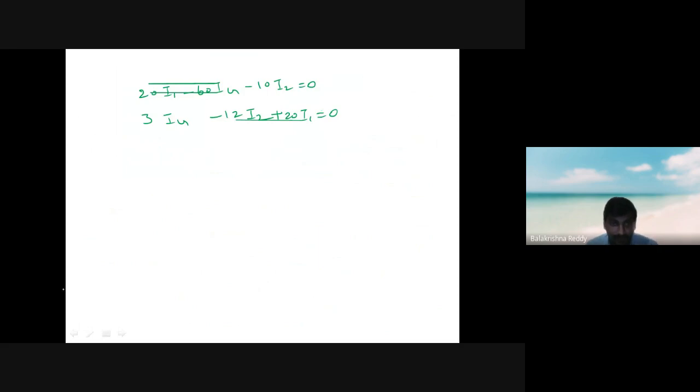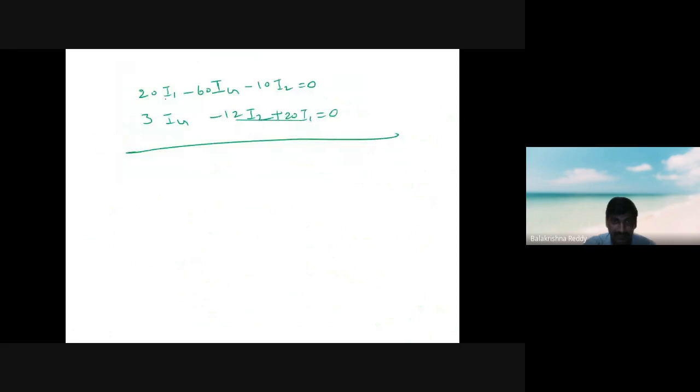Now, if you solve these two, we will get one more equation. With respect to that, we will find any one of the unknown quantities. So how can we do this? This is Ig. For Ig we have to write. So can we write it like a modified equation? I'll write like this: 3 Ig, no?